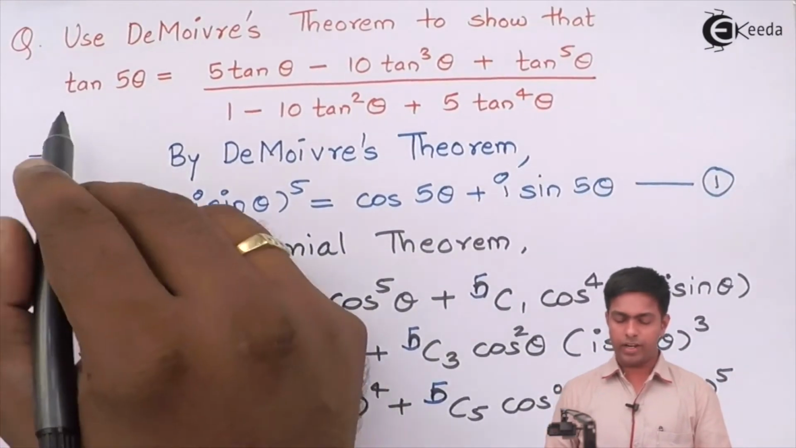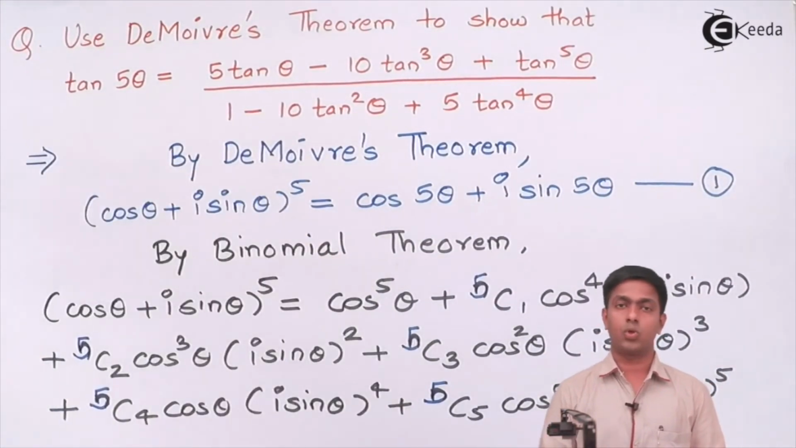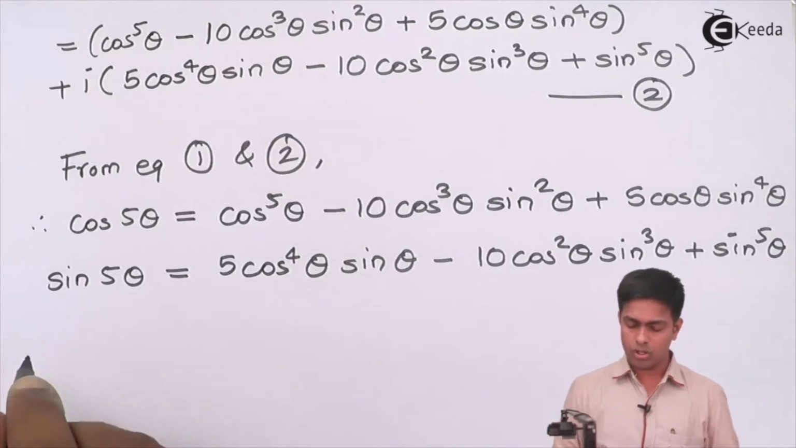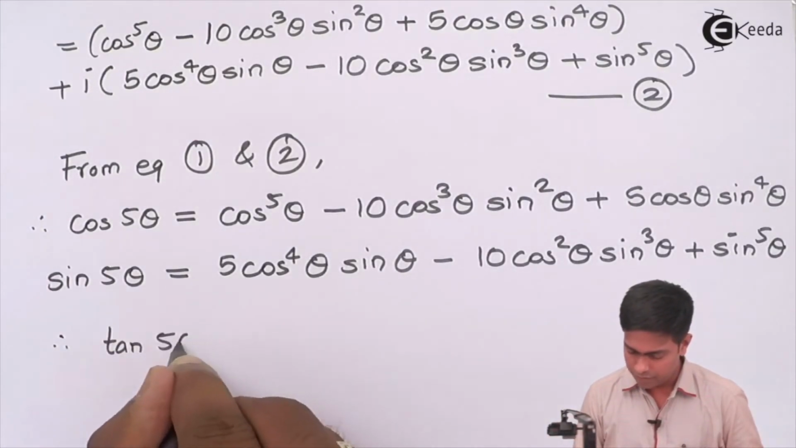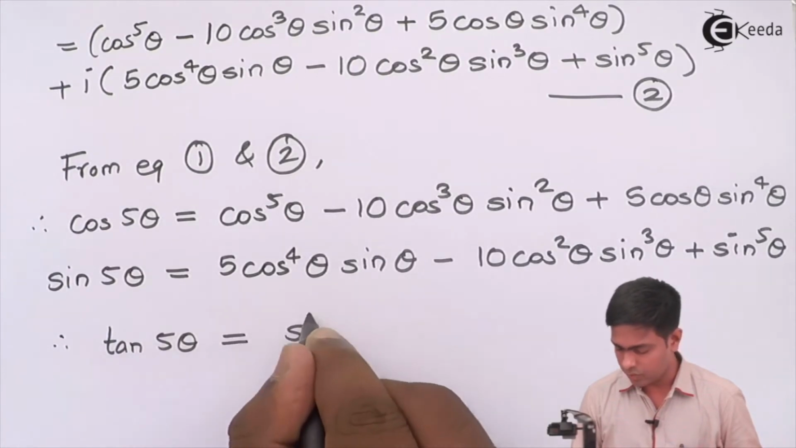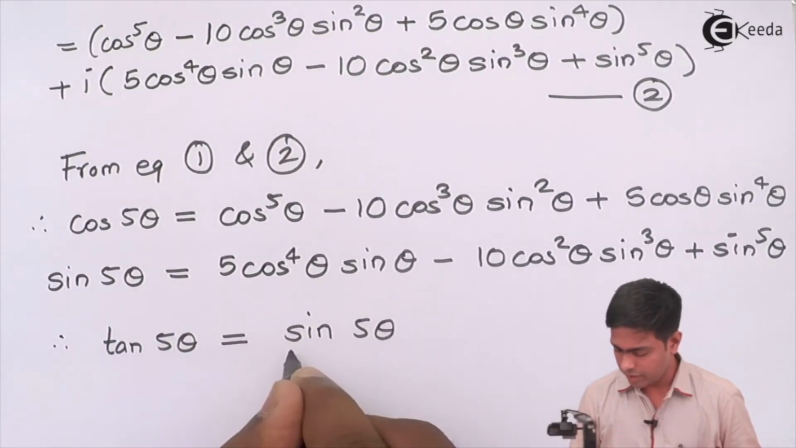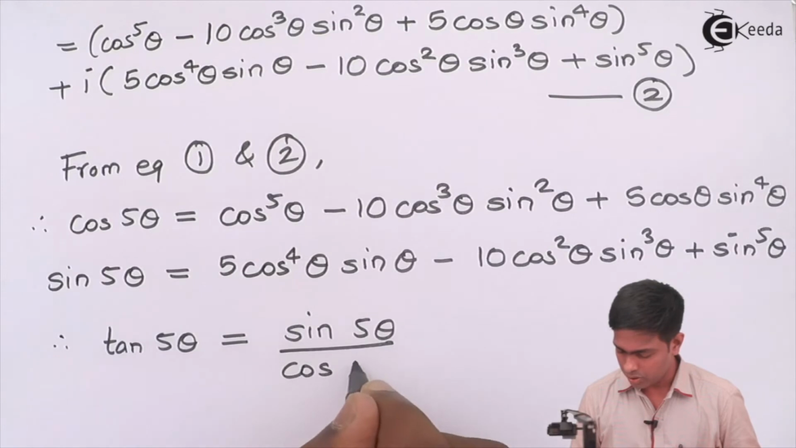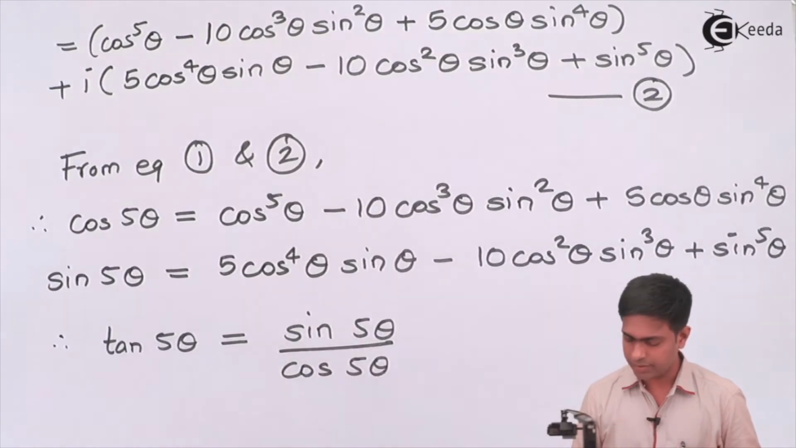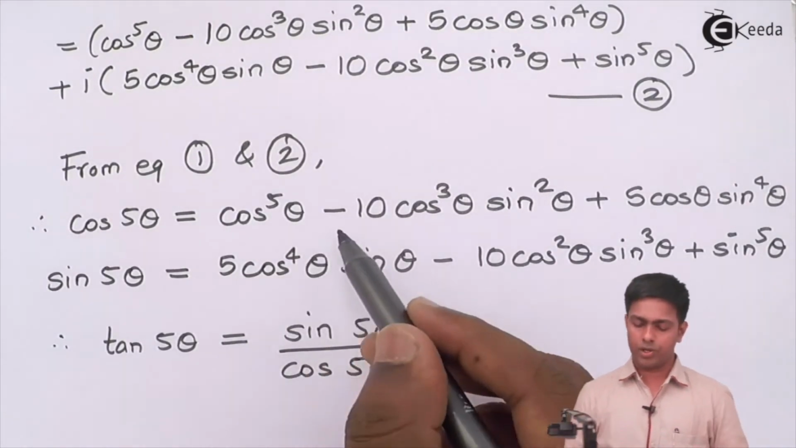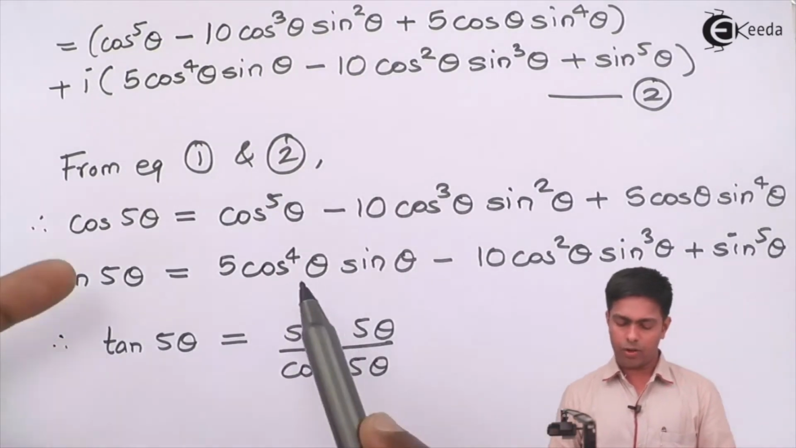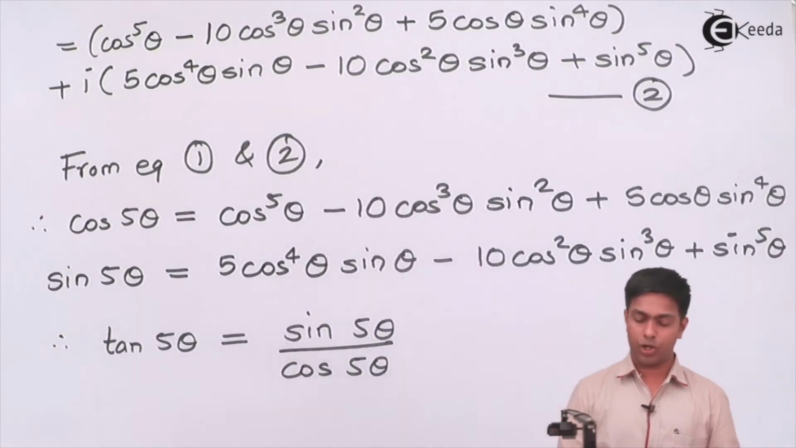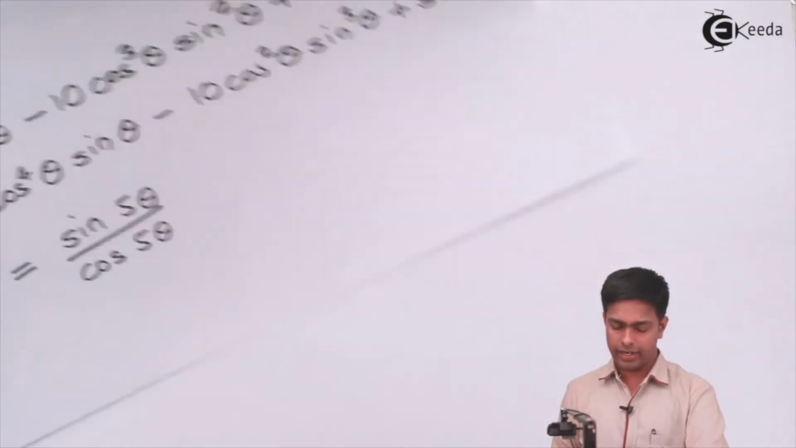Now let's find out tan 5 theta. So tan is sin upon cos. Therefore tan of 5 theta is equal to sin of 5 theta upon cos of 5 theta. Now let's substitute these values here. So I'll write down the value of sin 5 theta in the numerator and cos 5 theta in the denominator. So we will get